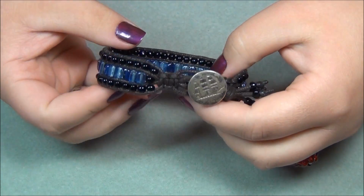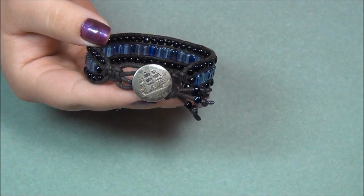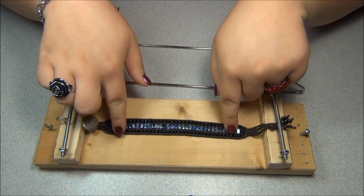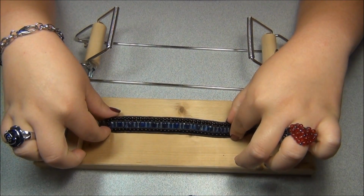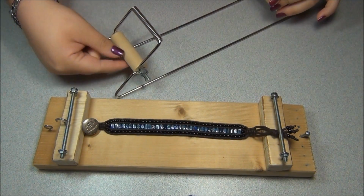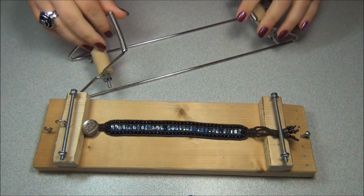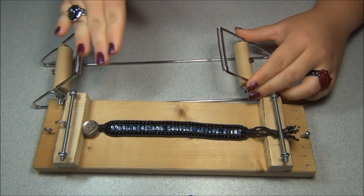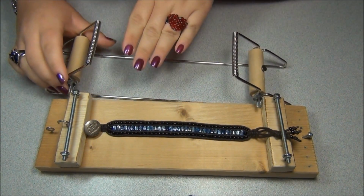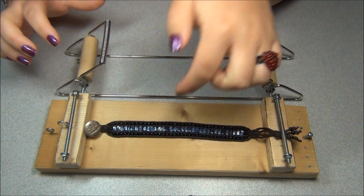Hello everyone, today I'm going to show you how to make this triple row wrap bracelet. So the technique and the stitch for making this bracelet is actually done with a loom. We're going to tie our strings to this nail here, and then you tighten it up by turning this and tightening your knot. And we're going to run our cords over the top, and then we're going to tie our other end here. The purpose of this is it keeps our cords taut so we can weave our beads back and forth